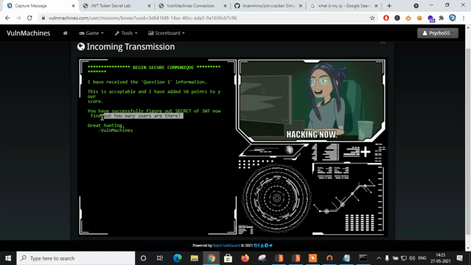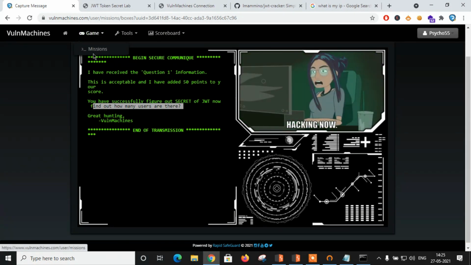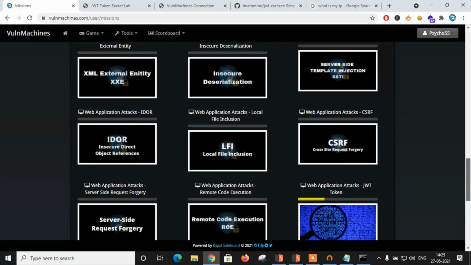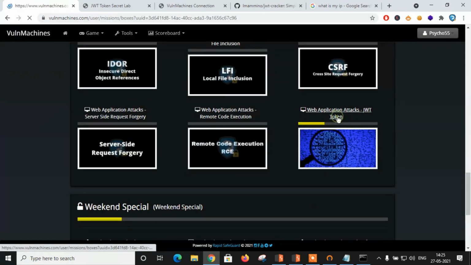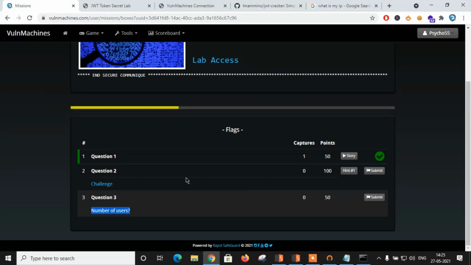I have successfully figured out the secret, but still I need to find out how many users are in the application. So again, click on the token, JWT token, and the number of users. So there is no hint at all. And now let's figure out